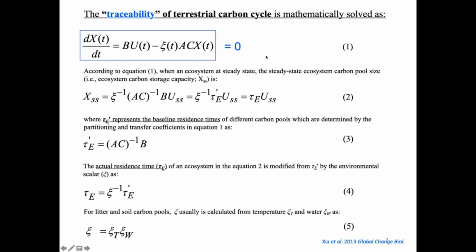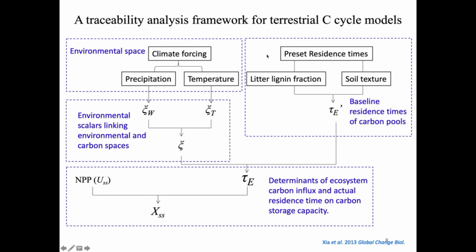Based on these components, we developed a traceability analysis framework for terrestrial carbon cycle models. In this framework, the steady-state carbon storage, here we call XSS, is determined by 2 components. The first one is the net primary productivity, NPP, which means how much carbon is fixed by plants during a given time period. The second component is the carbon residence time, which represents how long the carbon stays in the